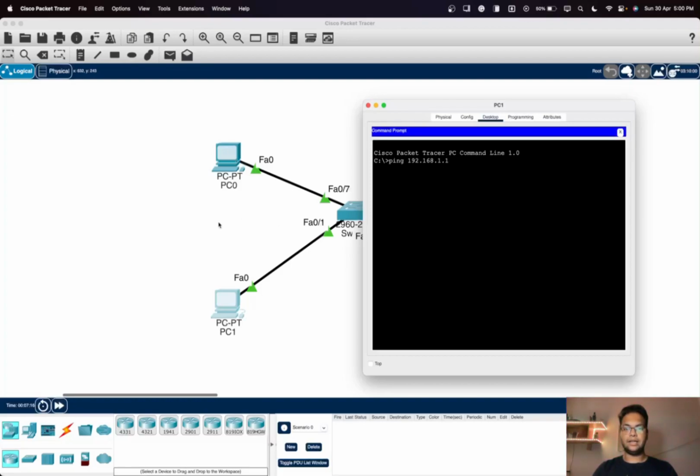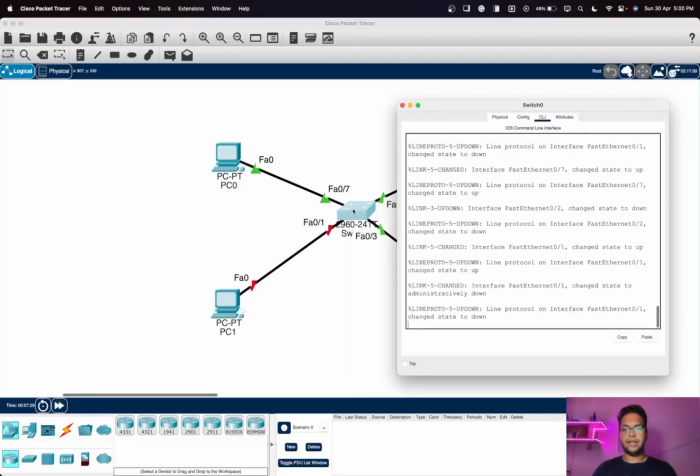So we'll try to communicate to this PC using the port FA0/1. And as soon as I press enter, you can see the port goes down. This is because it is a violation. The MAC address is not registered with the switch, so the port shuts down automatically. If we go into the switch, we can see that the interface changed state to administratively down, and the state